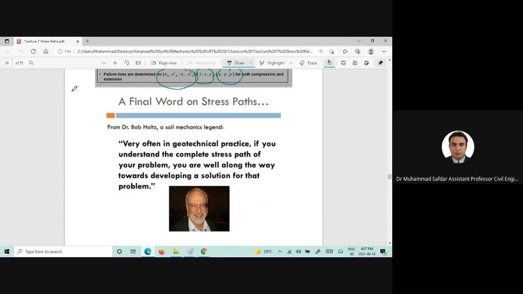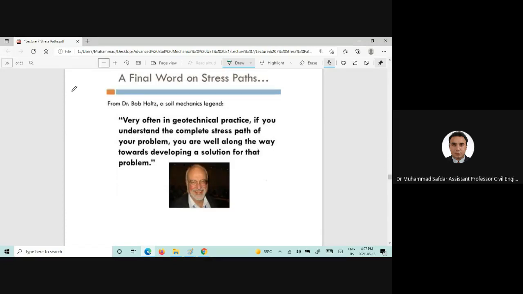Now, the final word on the stress paths from Dr. Bob Holtz. Very often in geotechnical practice, if you understand the complete stress path of your problem, you are well along the way towards developing a solution for that problem. It simply means that if you idealize, imagine, or estimate the stress path for that particular problem, you can bring it to the lab,